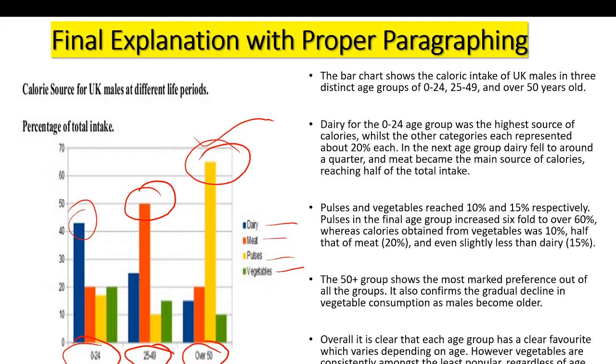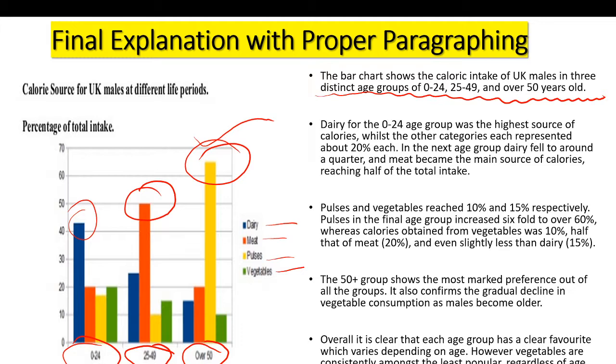So the bar chart shows the caloric intake of males in three distinct age groups: 0 to 24, 25 to 49, sorry, and over 50 years old. So first, how will you start to write it? Dairy for the 0 to 24 age group was the highest source of calories, whilst the other categories each